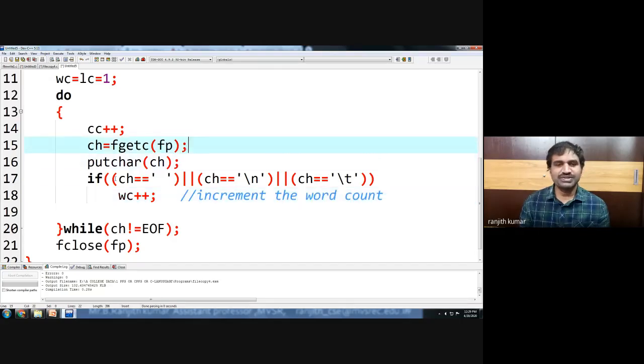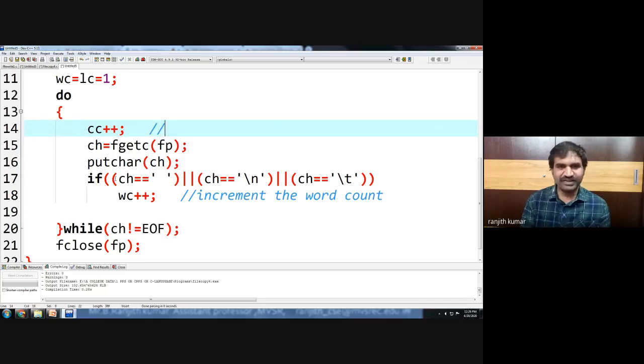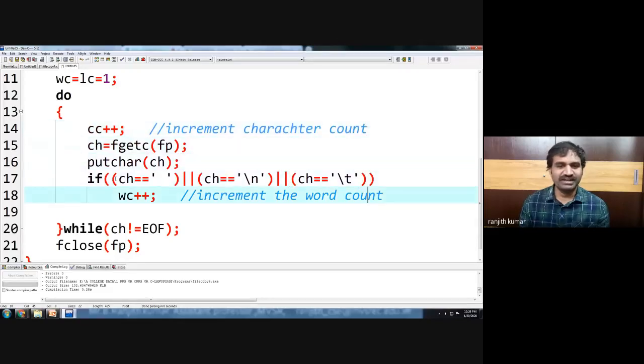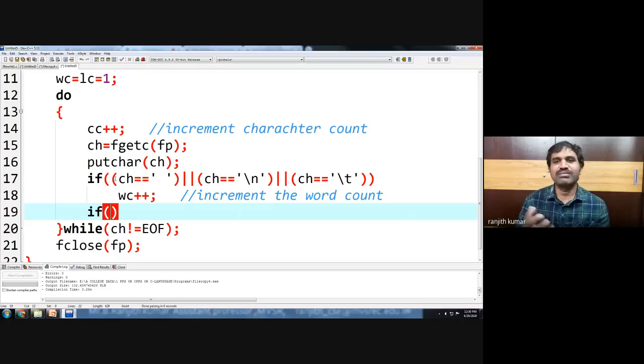Are we clear? So once you come into the loop, every time you have to increment the character count, because the number of times this loop will run, that many characters are available. Now, finally, we also want to check the number of lines. The number of lines can be checked by using ch double equal to \n.